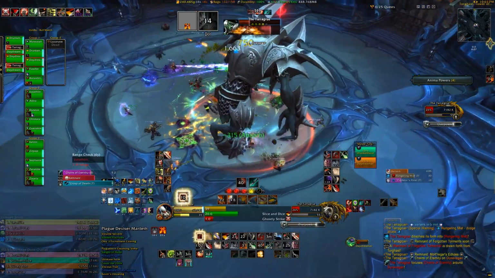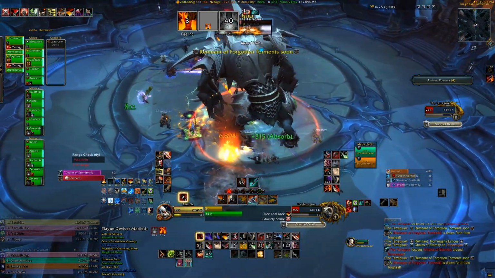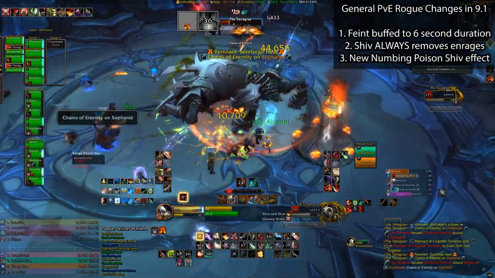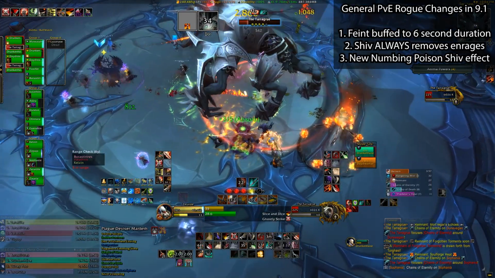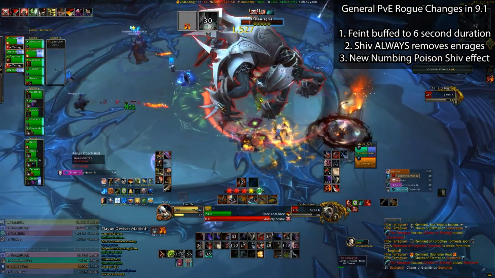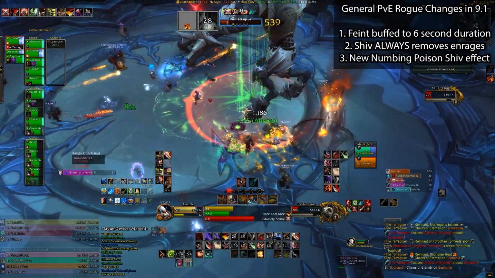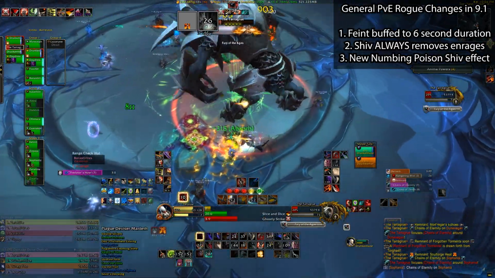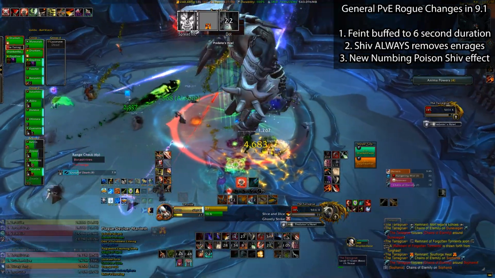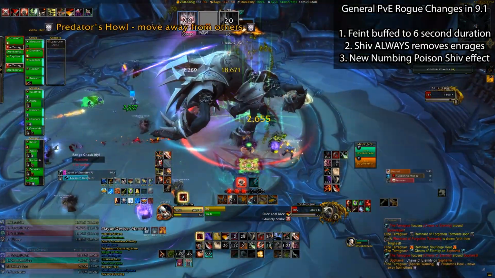In general for rogues, there were a couple good quality of life changes for some of our utilitarian moves. The damage reduction effect of Feint has now increased to 6 seconds up from 5, and Shiv now always removes all enrages on a target, regardless of whether you're using Numbing Poison or Crippling Poison for your non-lethal. Due to this, using Shiv while Numbing Poison is active now causes the target's casting speed to be reduced by